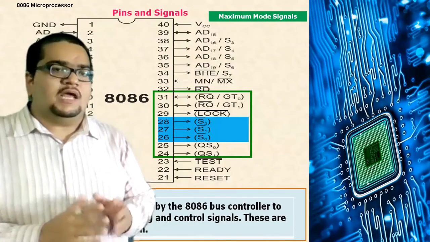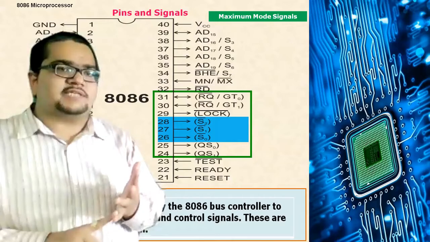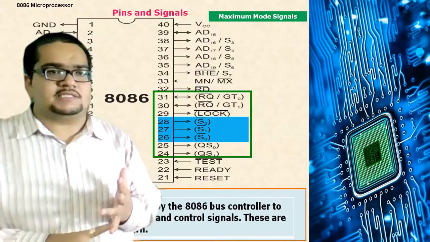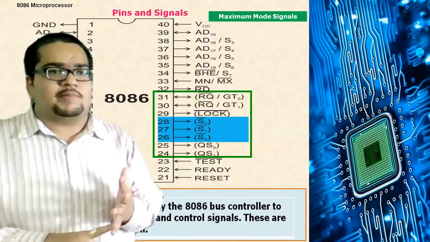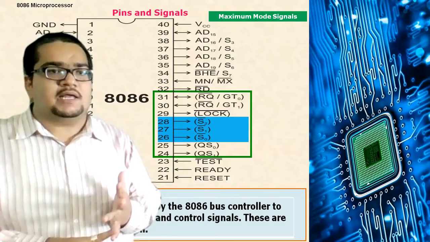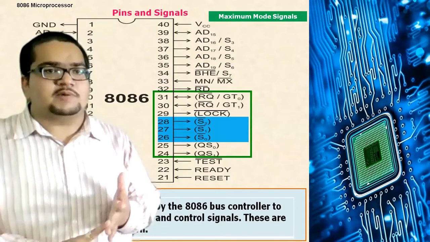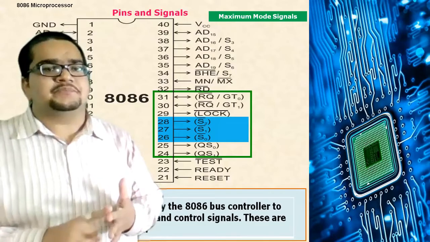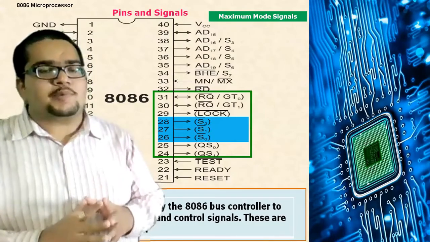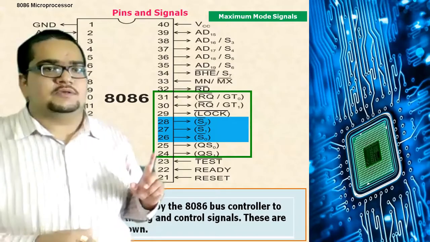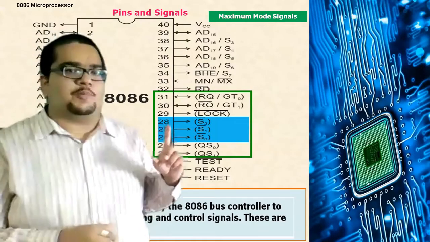But not to worry, all such operations are still there. The M/IO bar signal indicates whether the data is communicated between the processor and memory or between the processor and IO devices. That particular function is there here. The interrupt acknowledgement function is there here. The write signal operations are there here. So all such operations are basically multiplexed into these 3 bits. These 3 bits are the status operations,